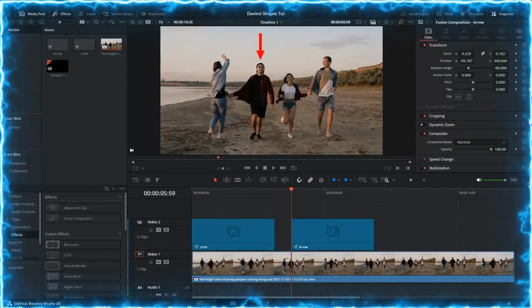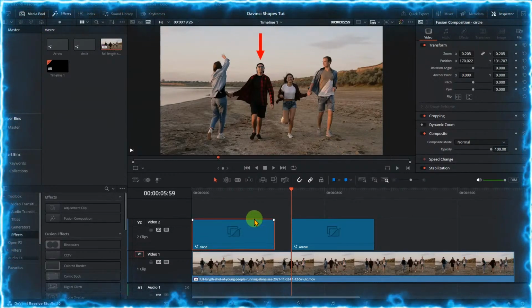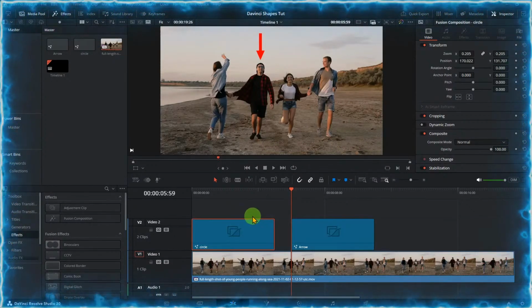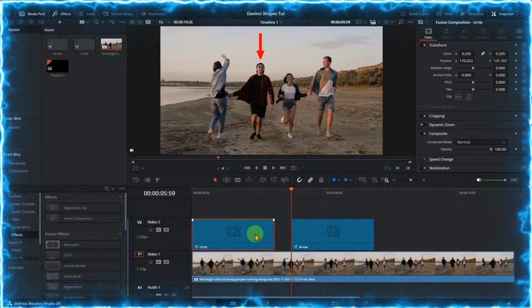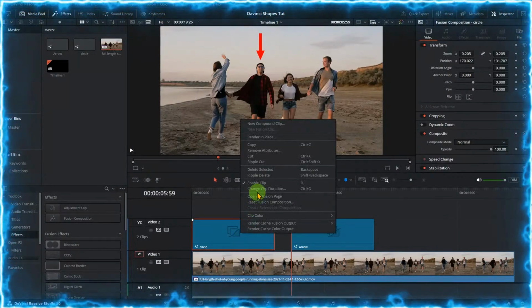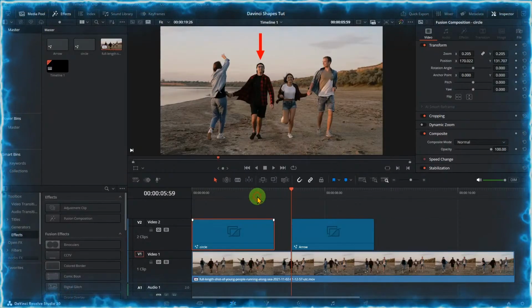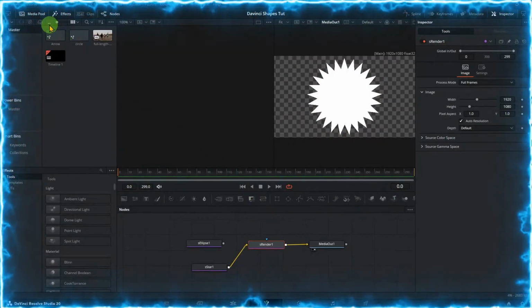Another way to do this will allow you to, let's say you know somebody else that uses DaVinci and you created one of these and you'd like to send it to them. You can, if you're in Fusion, come up here to